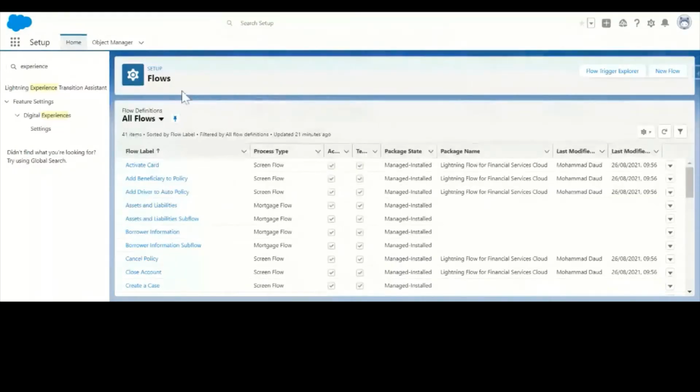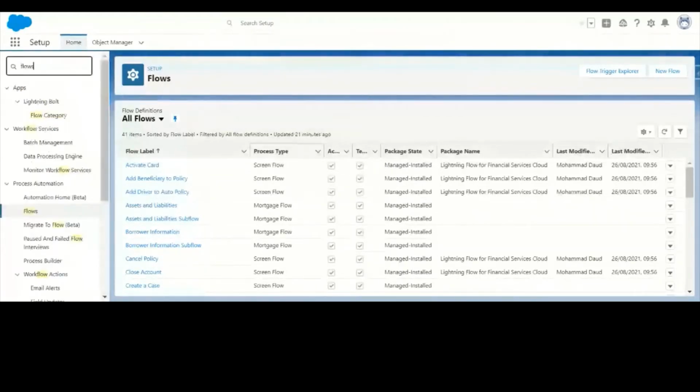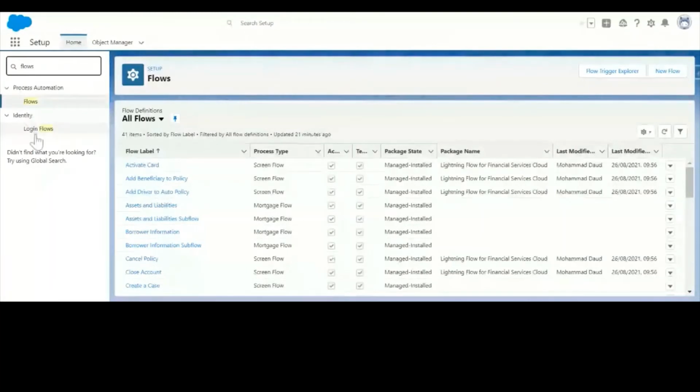What I was saying is that Financial Service Cloud comes with a lot of pre-built flows, and if you go to Setup and write "flows" in the Process Automation section, there are many flows which can be published in the Experience Cloud or the bank's website or the finance website, where the customers can,